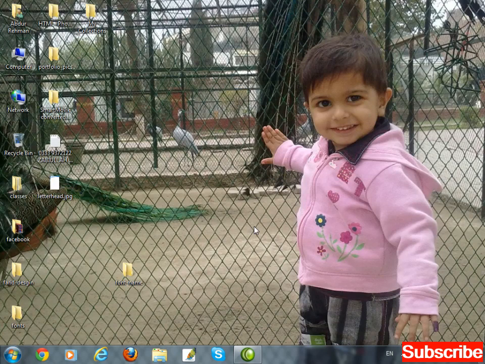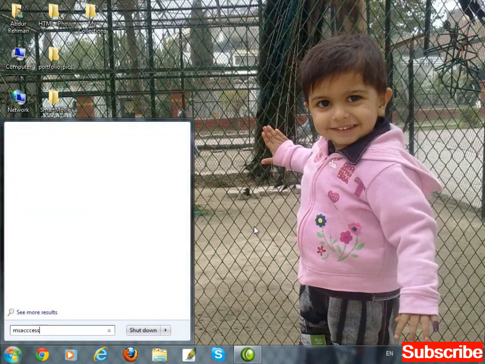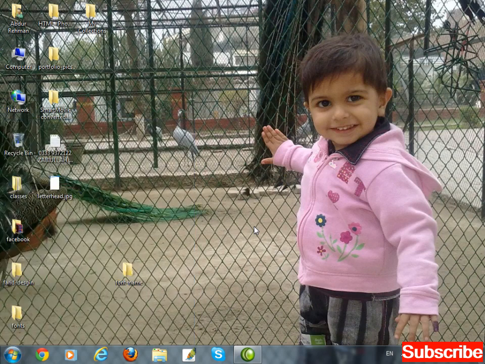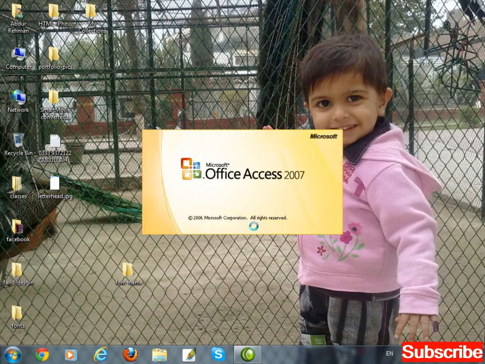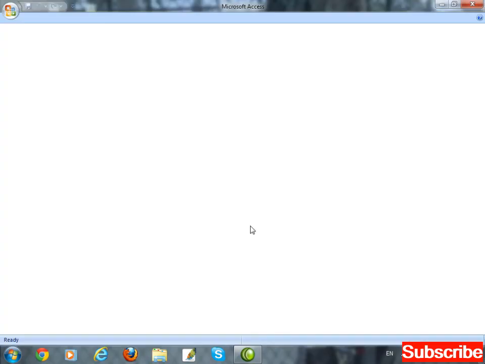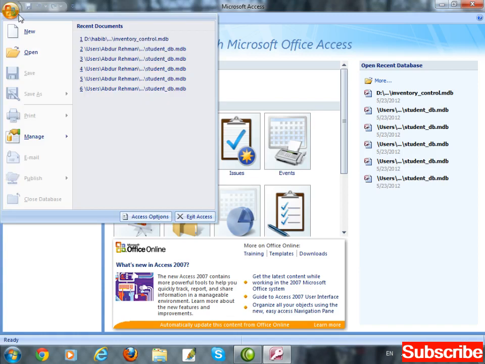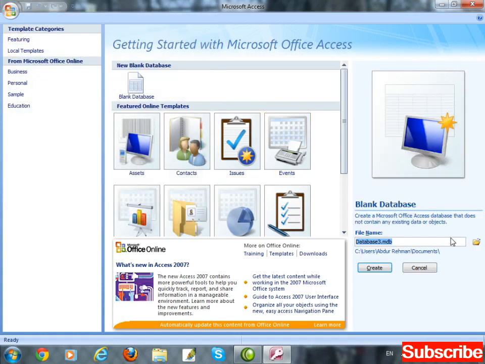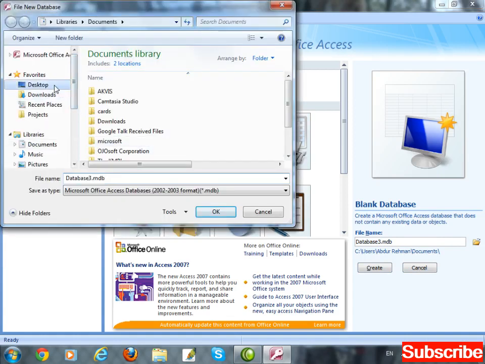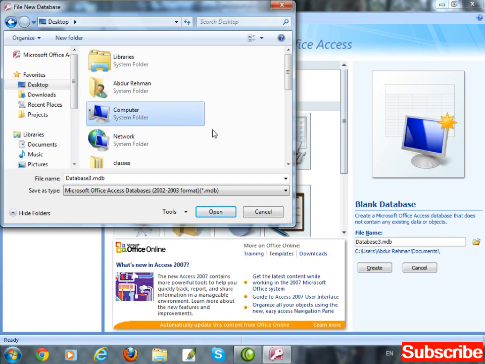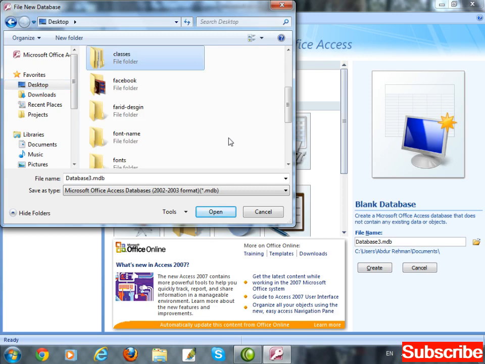Bismillahirrahmanirrahim. So in unbound method, first of all we have to create a database, a simple database in MS Access. Create a new database, browse.